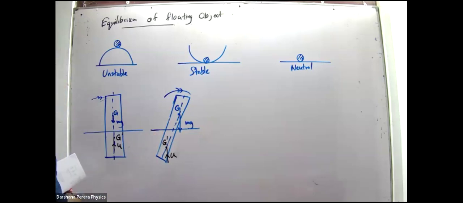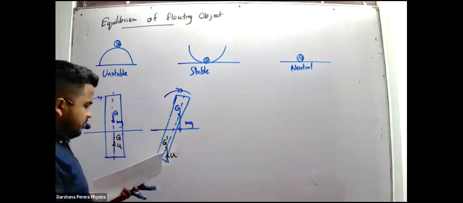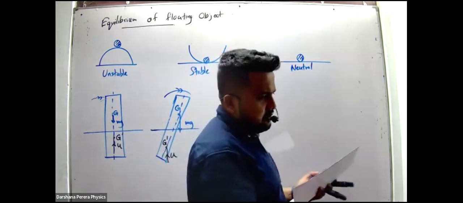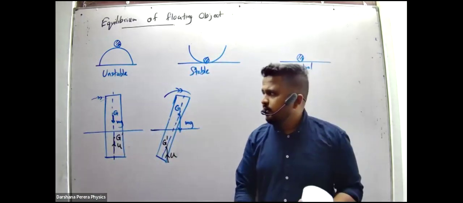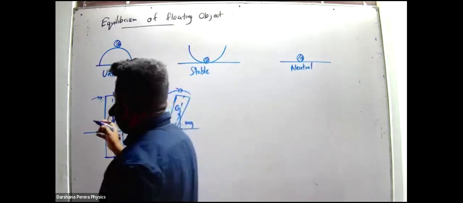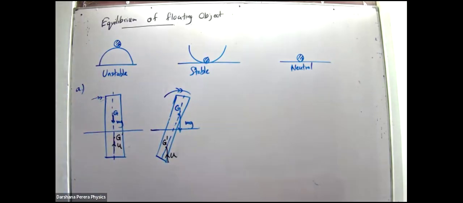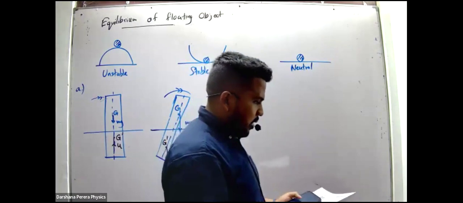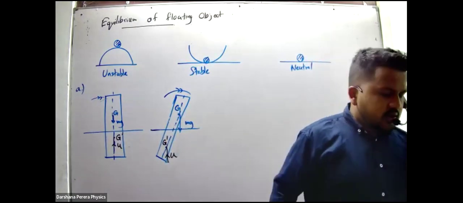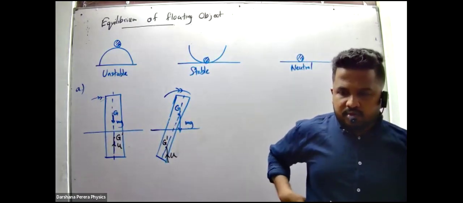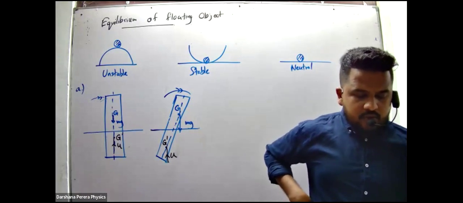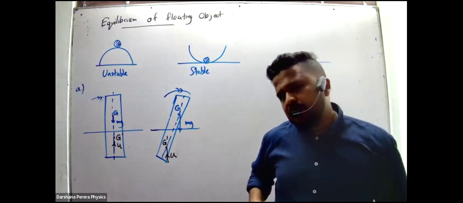Okay. After writing this, write down part A. If the center of gravity, capital G, is above the center of buoyancy, capital G dash,